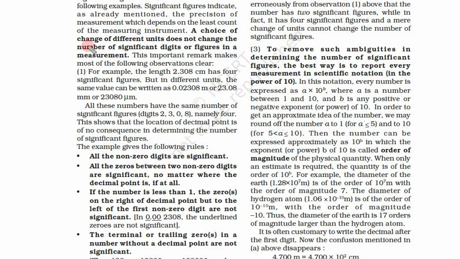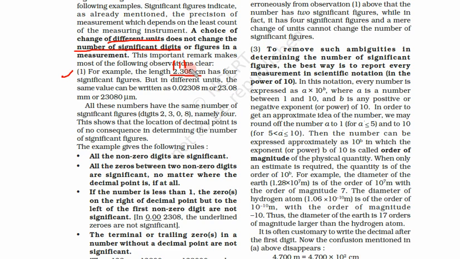So we have learned that change of units will not change the number of significant digits. Let us see this with an example. Suppose we have a length measured up to the third digit after the decimal in centimeter. That means it is measured with a screw gauge. So in centimeter it is 2.308 centimeter and has 4 significant digits.